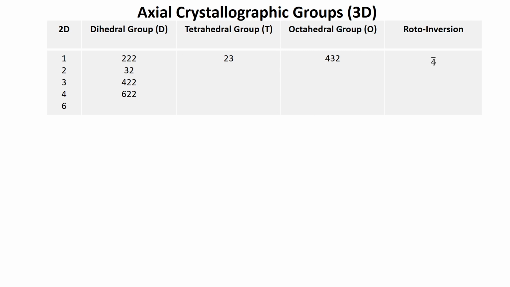And in fact, all of them we have developed, and here is a summary of all these axial groups. I have divided these axial point groups into different categories. The leftmost column on this table shows directly the point groups that come out of the two-dimensional axial groups, where only a single rotational axis is involved, and which are the rotational axes? This is 1, 2, 3, 4 and 6.